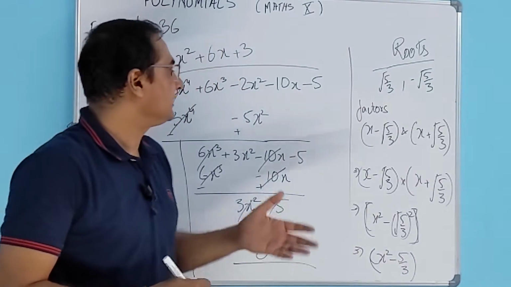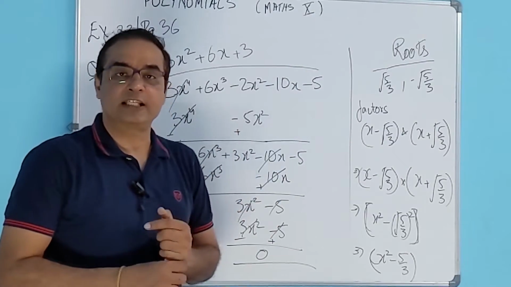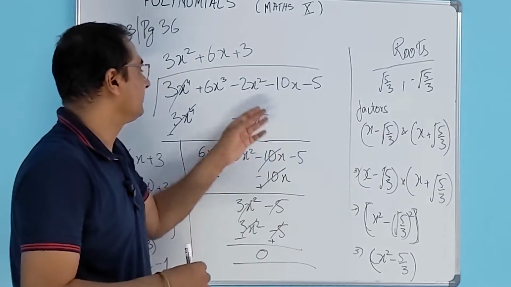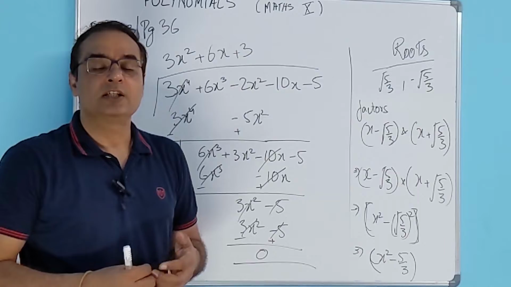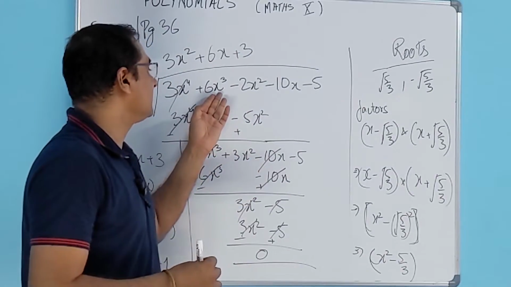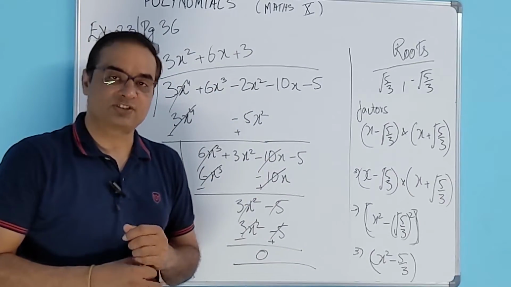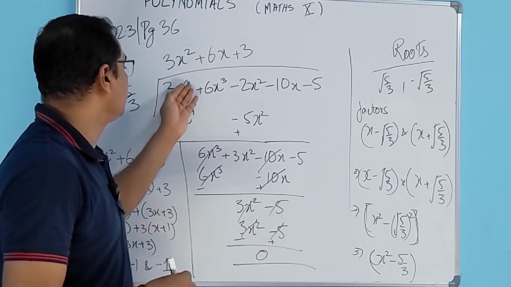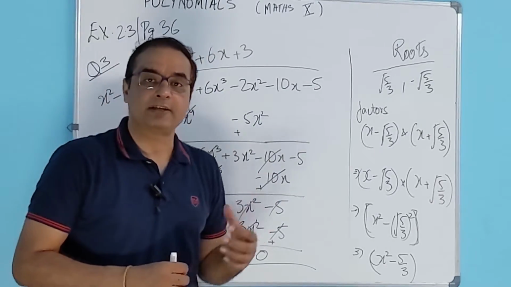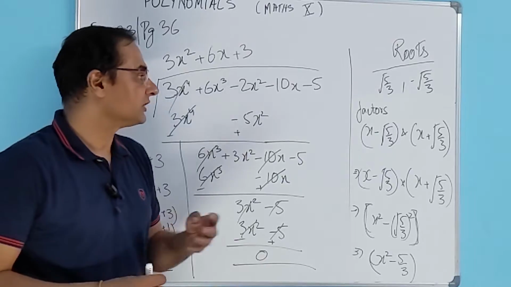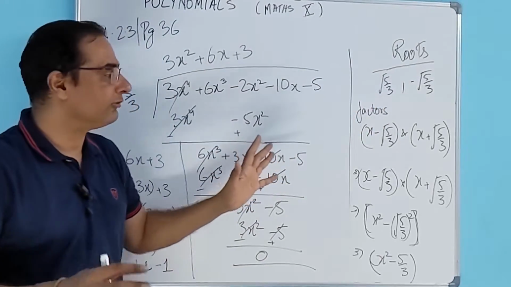As we have seen, if we have a linear equation, that is a polynomial of degree 1, it can have just 1 zero. If we have a quadratic, it will have 2 zeros. And if it is a cubic polynomial, then it can have 3 zeros. So if we have a polynomial which has degree 4, then it can have 4 zeros. 2 are already given. So how can we approach this?